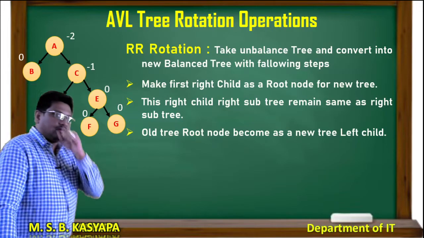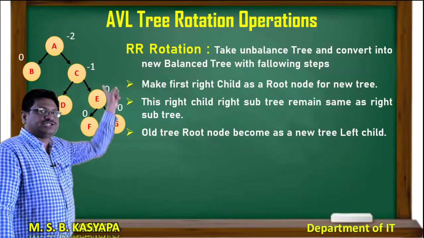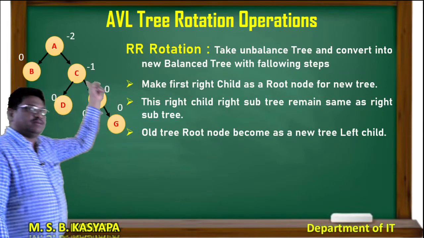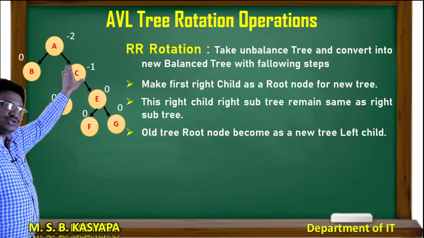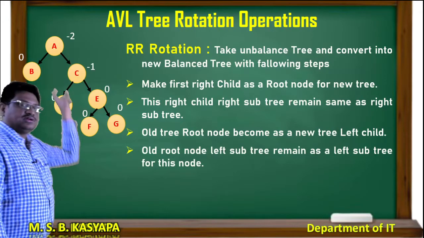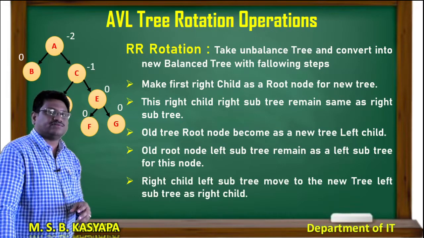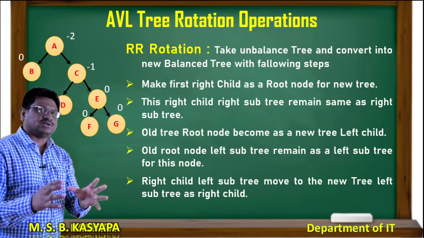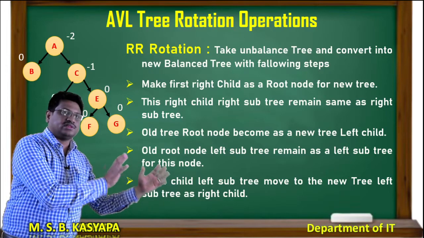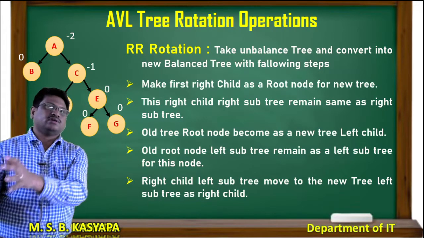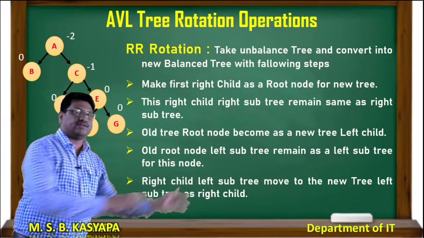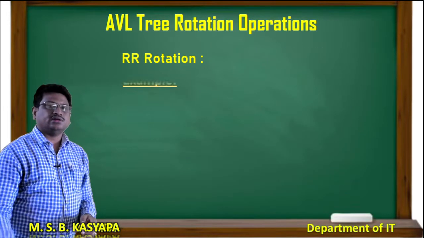And if this node has any right childs, they become right childs. Suppose this new root node has any left childs, they are moved to the left subtree. The same thing happens here. So in the LR, whatever values are available in the left subtree are moving to the right one. Now in the RR, whatever values are available in the right subtree are moving to the left one. These are moving to the right.